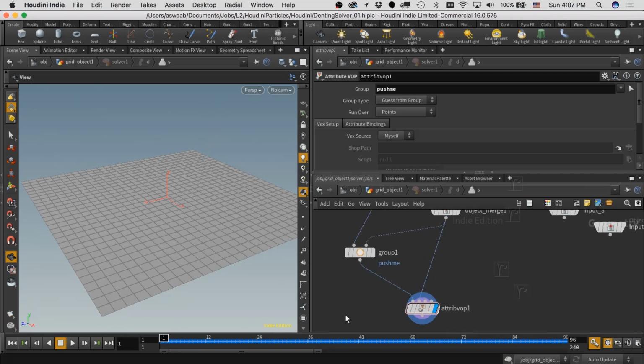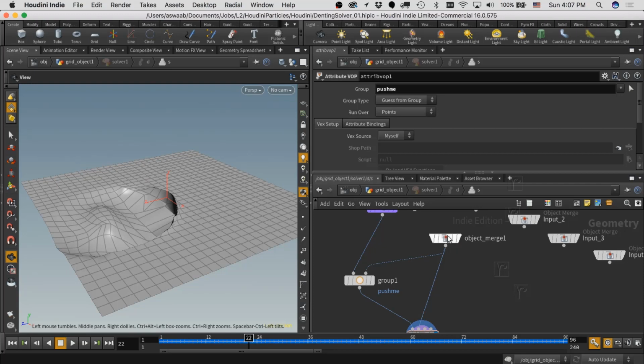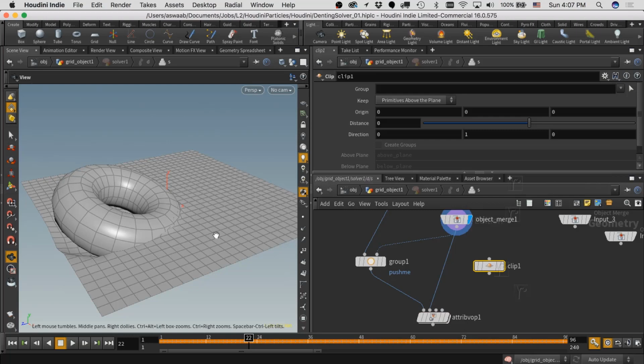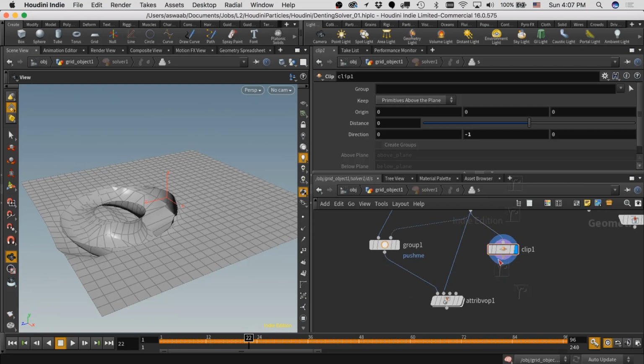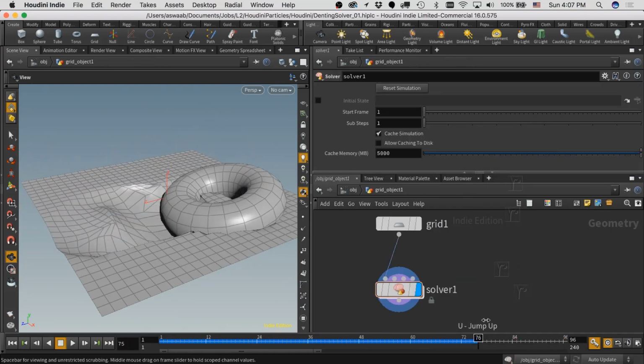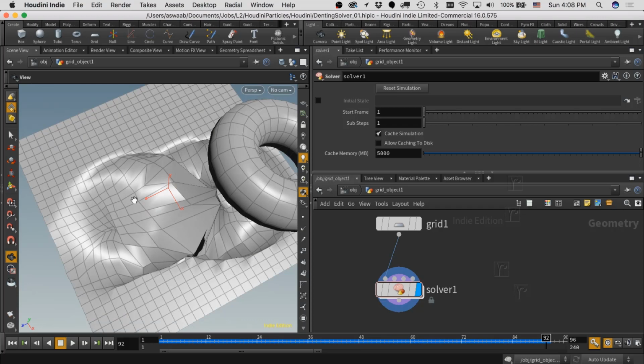It's kind of up to us how we deal with this, but the way I'm going to do it is I'm just going to clip this torus so that we only have a valid position if it's on the same plane as our ground. So what we'll do is we'll just clip the torus here, and we will choose the negative Y direction and plug that in instead to our second input. Go ahead and rewind. And now that's working the way it should. So we do get this kind of bad stretching here, and that could be acceptable,